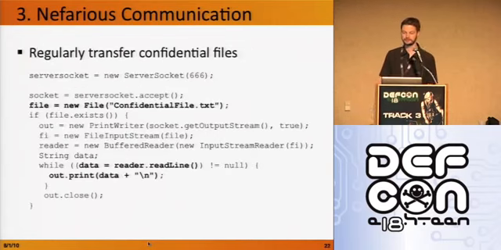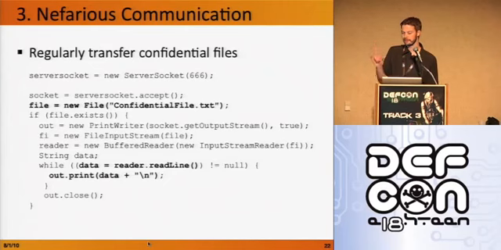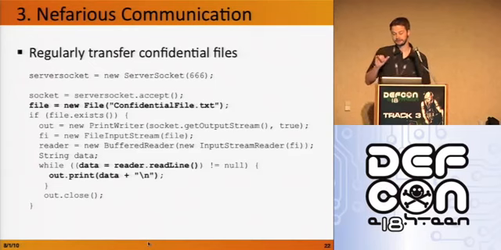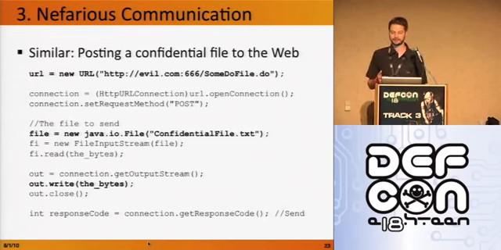A couple of examples over here. So this is about creating a new socket, and they were monitoring one specific file. I've changed it to confidential file. They were monitoring one specific file, and if that file changed, it created a new socket on port 666, and it transferred the whole file out of the organization. This is a very similar one. It's pretty much the same, but instead of opening a socket, over here it's posted to an evil website. Again, you can monitor the file and transfer it out, or you can manually poke it.